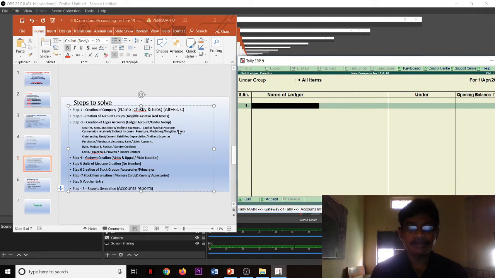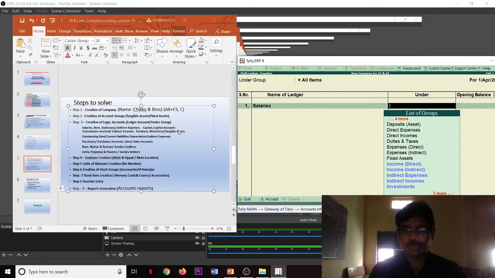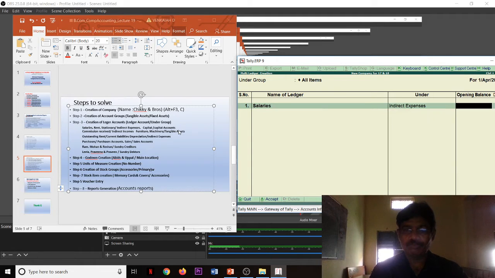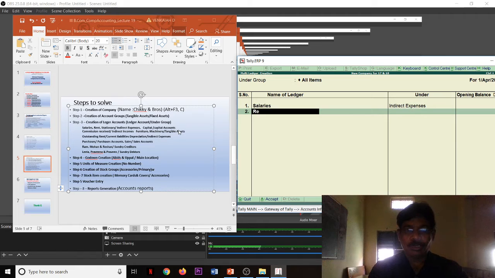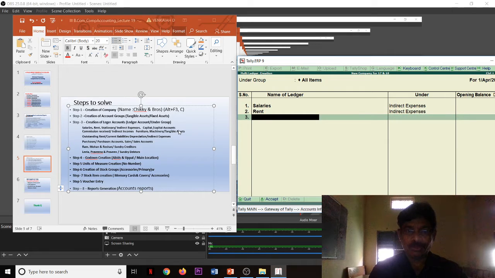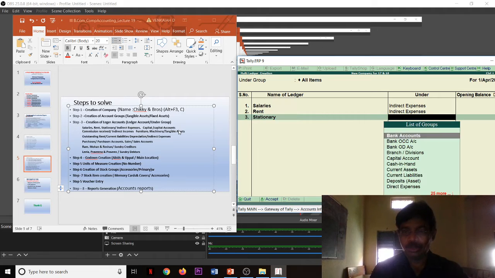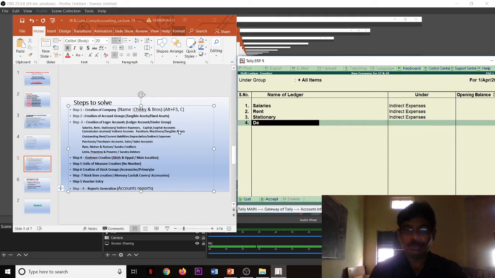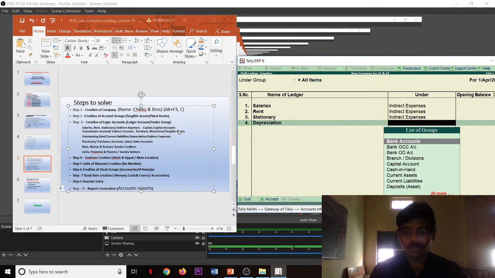Select all items: salaries under indirect expenses, rent under indirect expenses, stationery under indirect expenses, depreciation under indirect expenses.